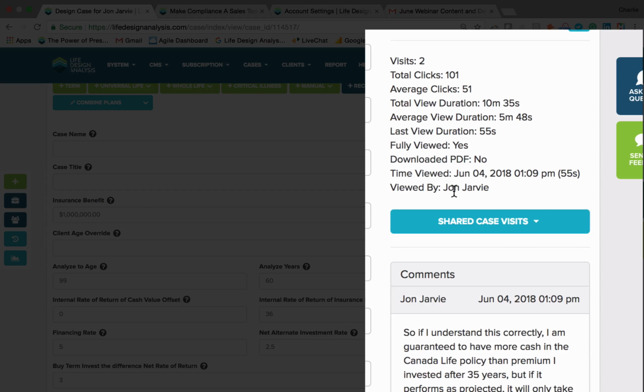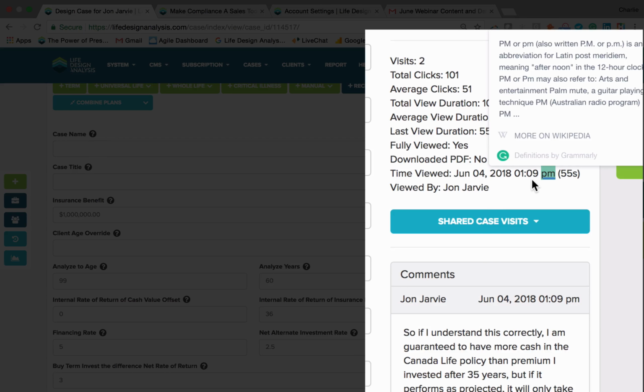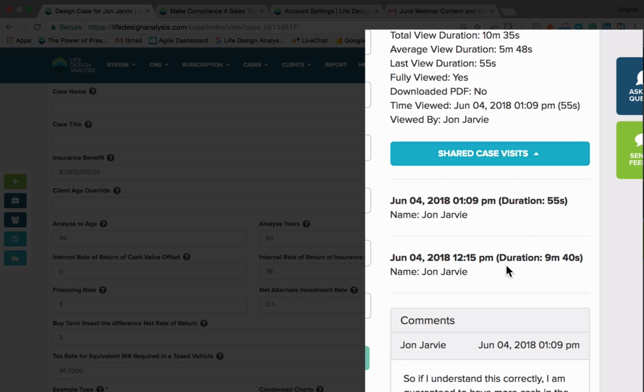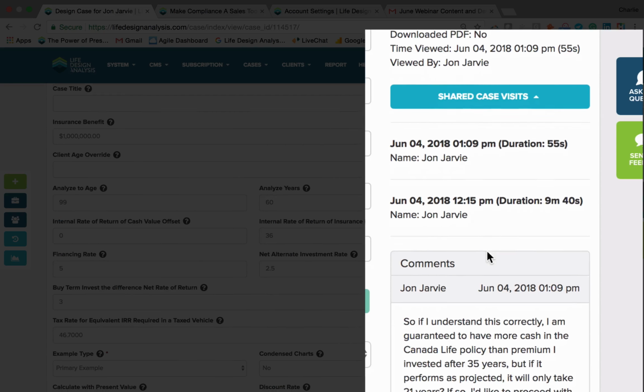We know only John had access to that link. We only sent it to him. We can see the time he viewed this case. So for the sake of being able to perform this and actually show the time lapse, we're doing this one in advance, but you can see I have a record of exactly how long John spent on this case. And again, I can look through the different times, so you can see the first time John looked